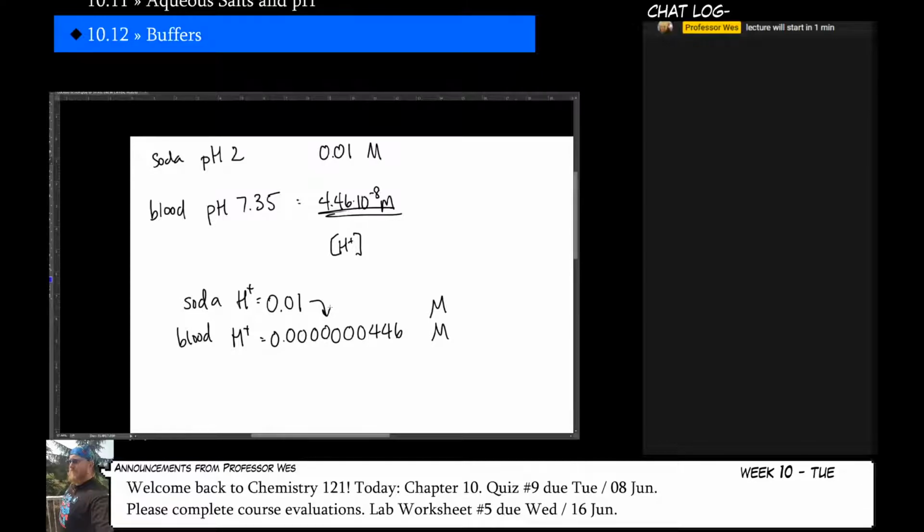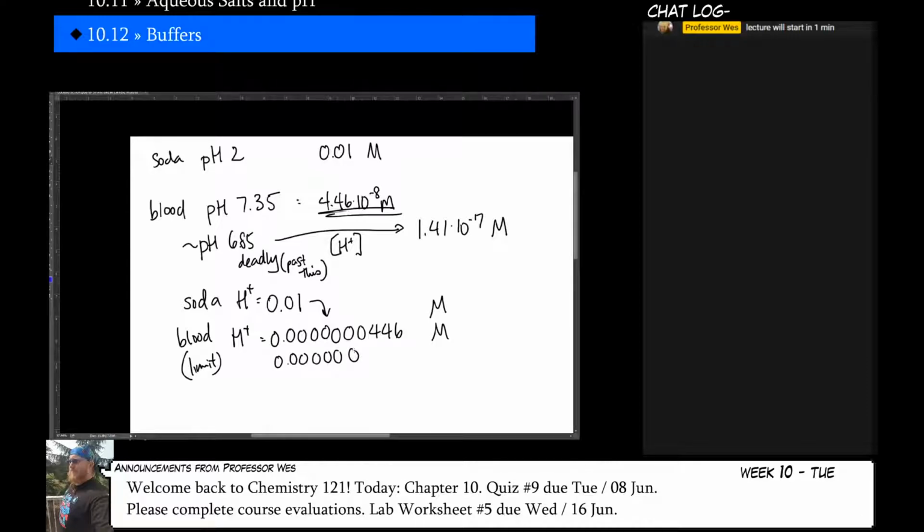Because there's really not that much acid in your blood, but there's tons of acid in your beverages and soft drinks that we consume all the time. In fact, the limit before you hit acidosis, so pH about 6.85, is deadly if you go past this. So the limit for this would be if you had this much in your bloodstream. 10 to the negative pH, 6.85. So if you go above this amount, so we'll say limit or so,